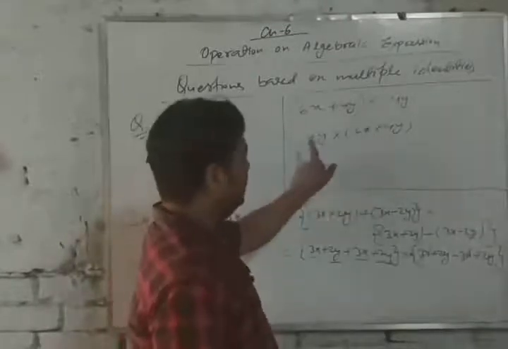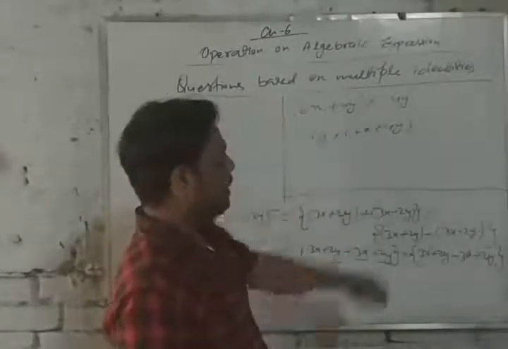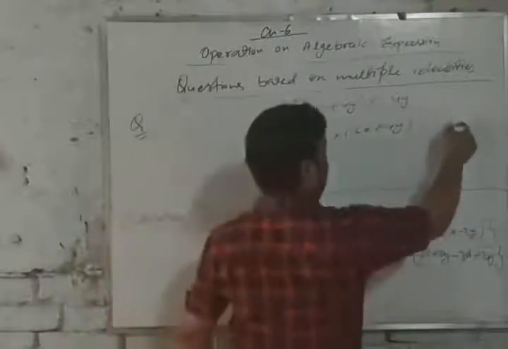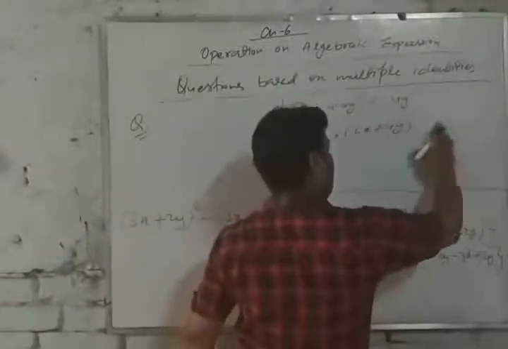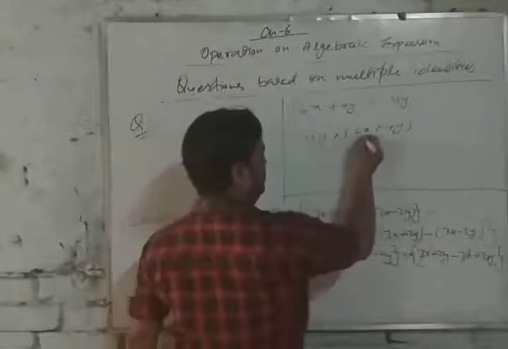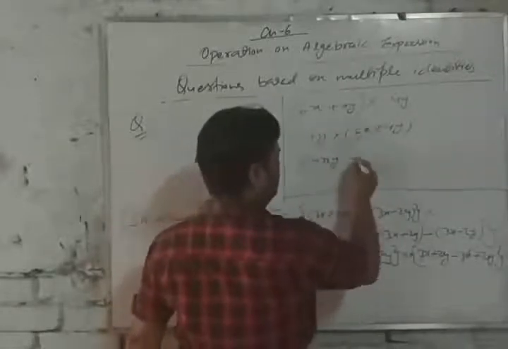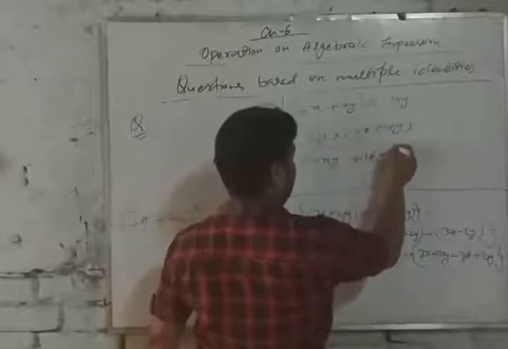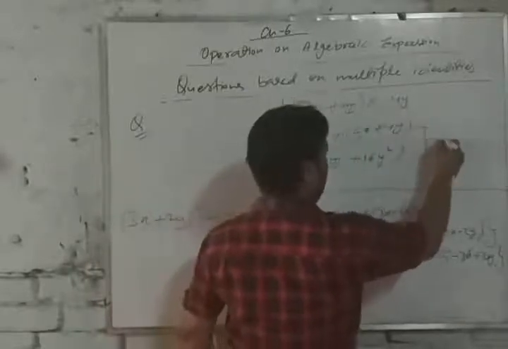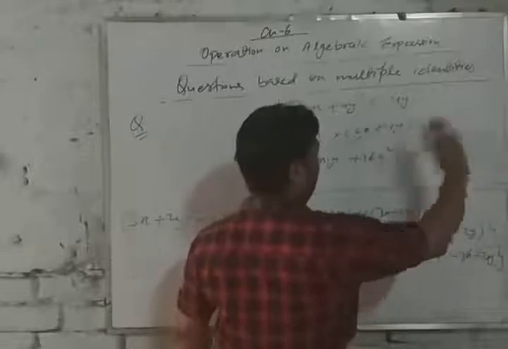Okay, if there is monomial, then we can multiply also, or we can leave it that this is the answer, or we can also multiply it. How? First term to first term, 4 6 are 24xy plus 4 4 are 16y square. So the answer could be this one or this one will be answer.